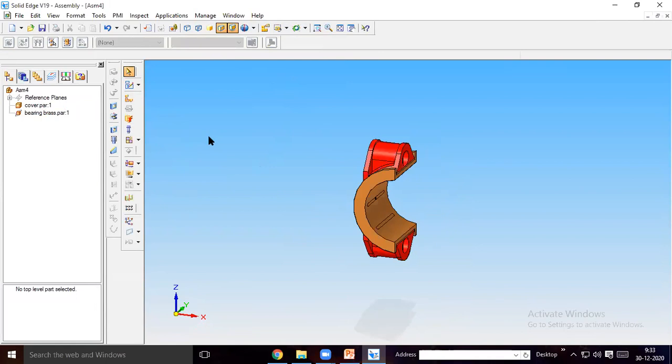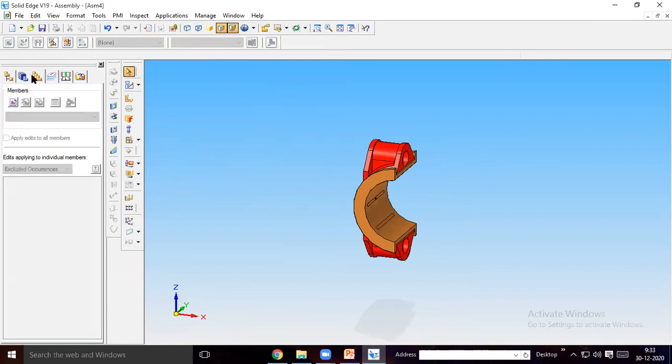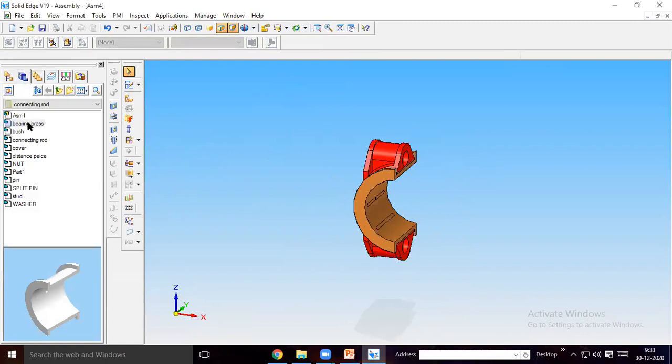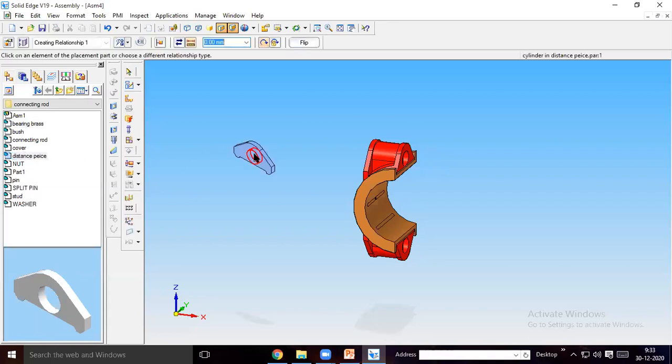So here, what you have to do here, let's take the other parts. So you will be having a distance piece here. Okay, distance piece, select this distance piece and paste here.